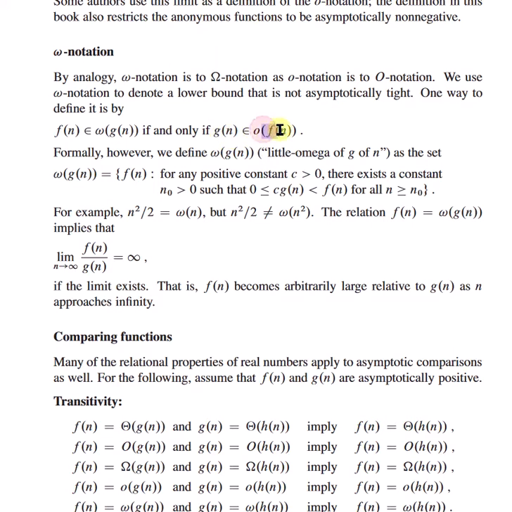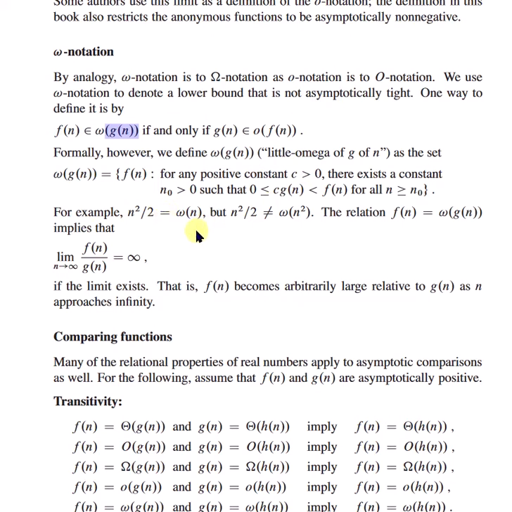So basically what they are trying to tell us is, if for g of n the upper bound is f of n, then for f of n the lower bound is g of n. Formally, however, we define it such that for all c greater than 0, for example, n square by 2 equal